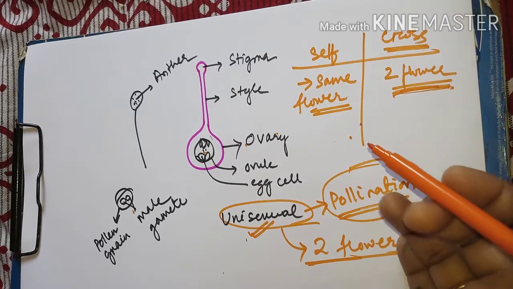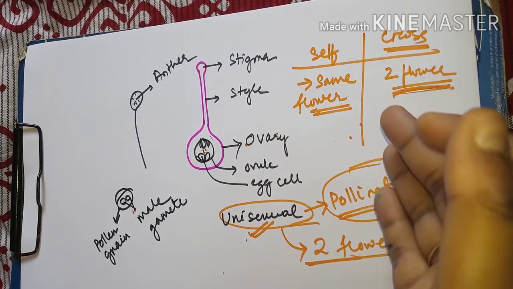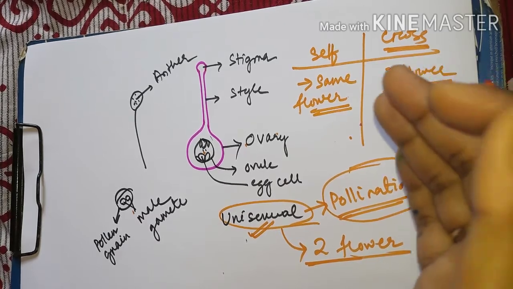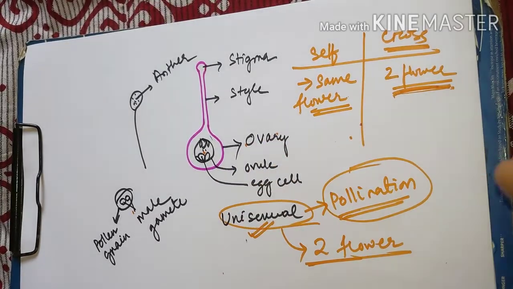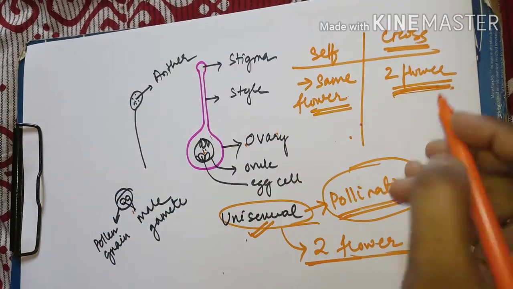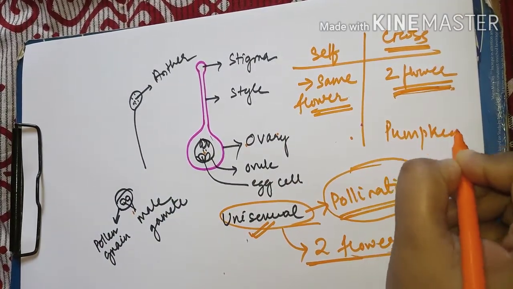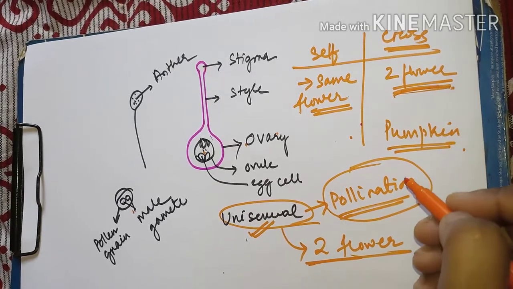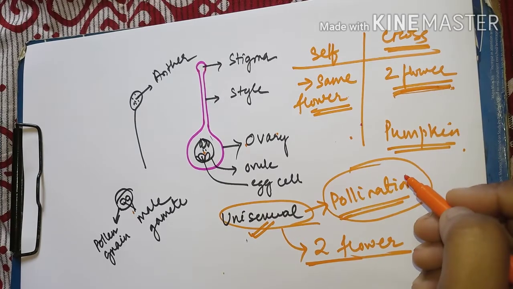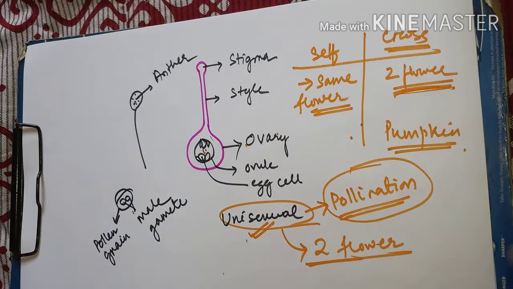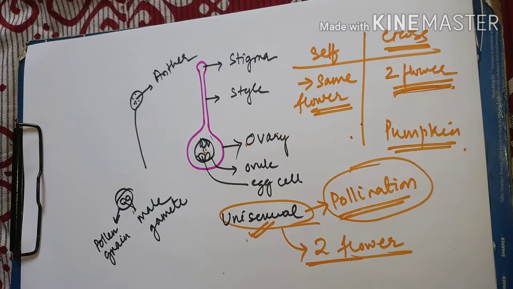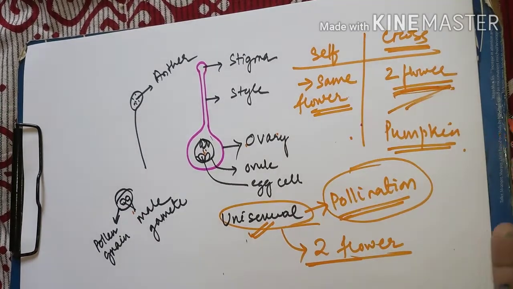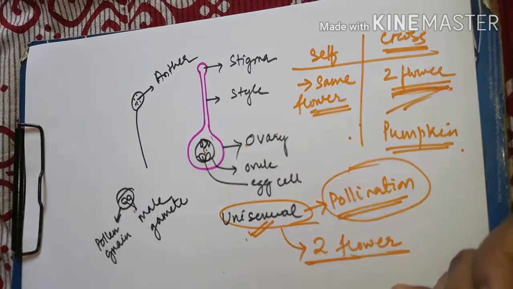There can be a plant which carries a male flower as well as a female flower. For example, pumpkin is a plant which carries one male flower and one female flower. So here also cross-pollination occurs. And another type of plant, for example papaya, has a male plant as well as a separate female plant, meaning no other type of flowers will grow on them. In that case also we carry out cross-pollination. So this is how cross-pollination occurs. This is all about pollination.